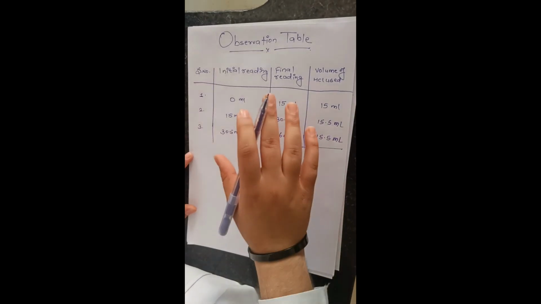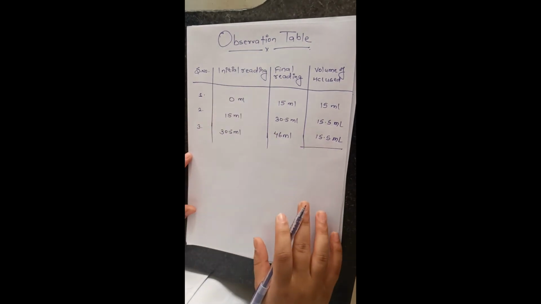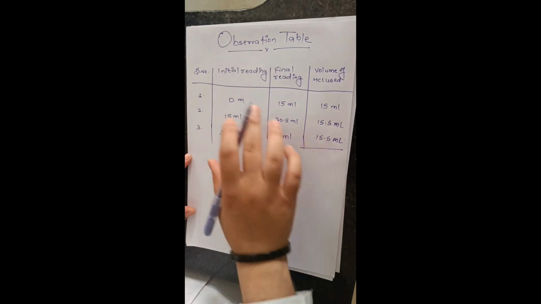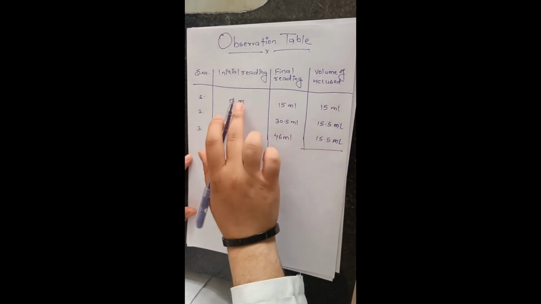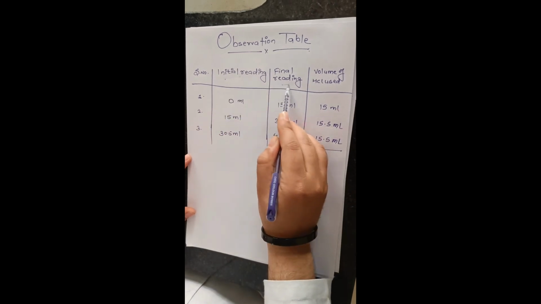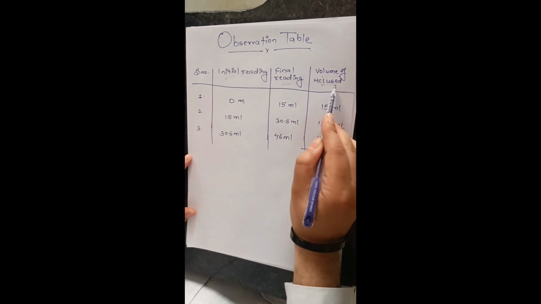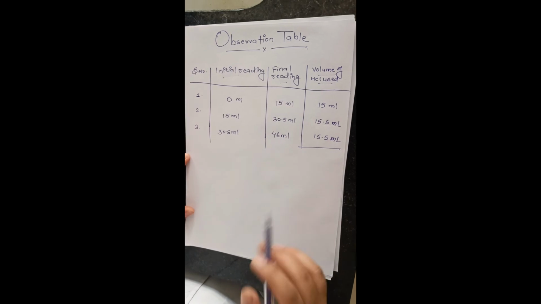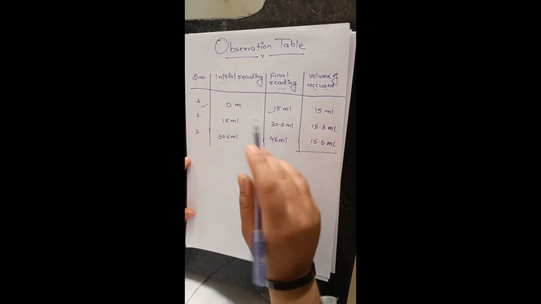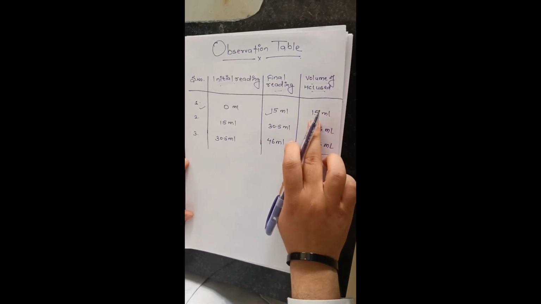Now at the end of this experiment, now हम बात करते हैं कैलकुलेशन पार्ट में. जब हमने टाइट्रेशन किया तो जो हमें ऑब्जर्वेशन टेबल मिला, so we will do our observation table and divide it into 3 parts. So the first one is the initial reading, final reading, and what volume of HCl is consumed during this titration. So first observation, the final reading was 15 ml and the volume of HCl consumed was 15.